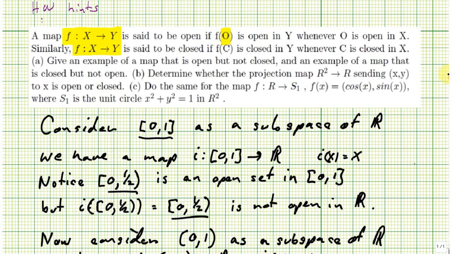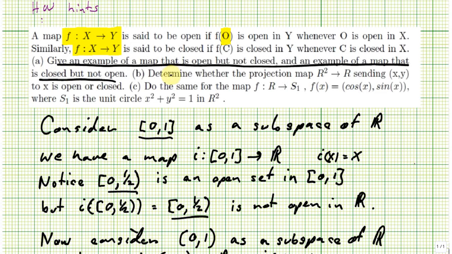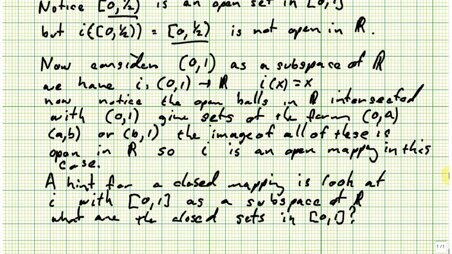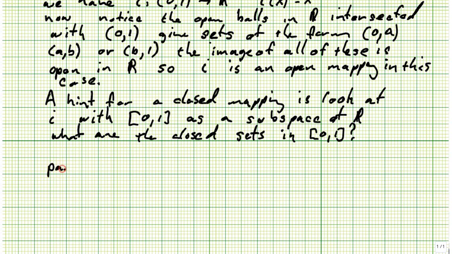Now let's see. There's a couple of parts to this, so give an example of a map that is open but not closed. I kind of talked about that. Hopefully you can get to that one now. So determine whether the projection map from R2 onto R sending XY onto X is closed or open. And for part B,